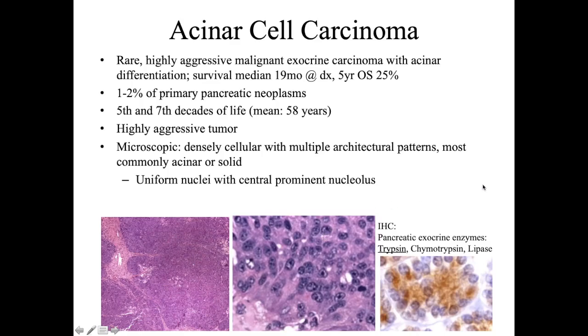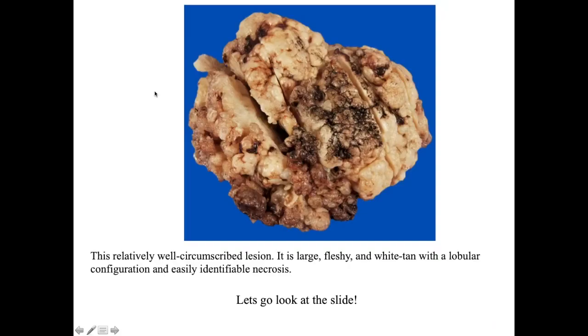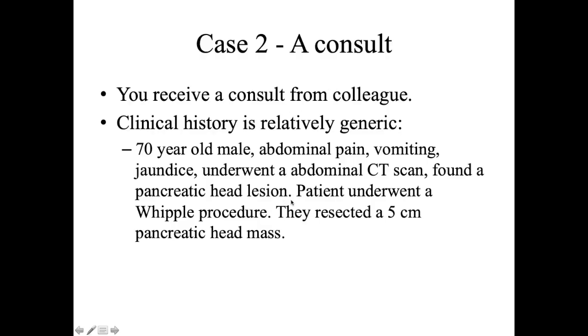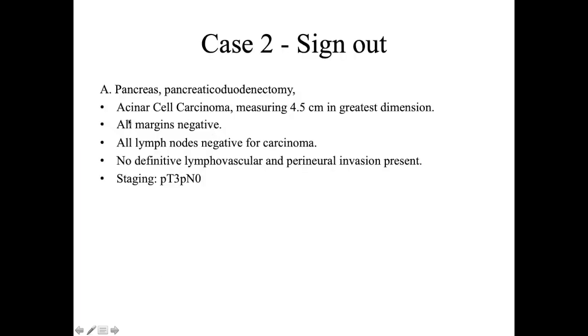This is an example of trypsin, and you can see it's very cytoplasmic staining over here. For this, we would stage it as well, because the lesion was greater than 4 centimeters, I believe. How big was it? It's a 5 centimeter lesion. So greater than 4 centimeters, no lymph node mets, and we didn't see any of this stuff in the background. So we would sign this one out as a pancreas,